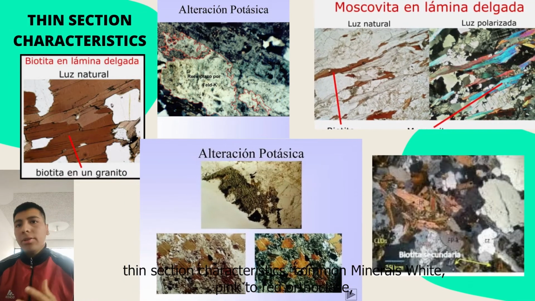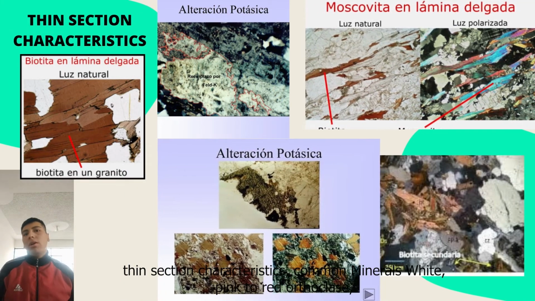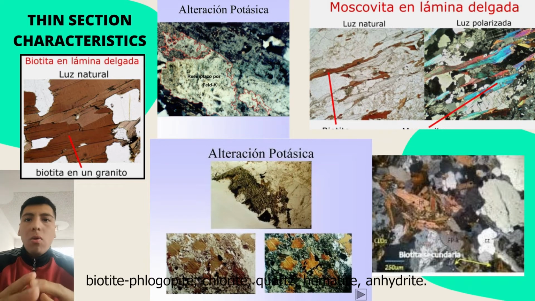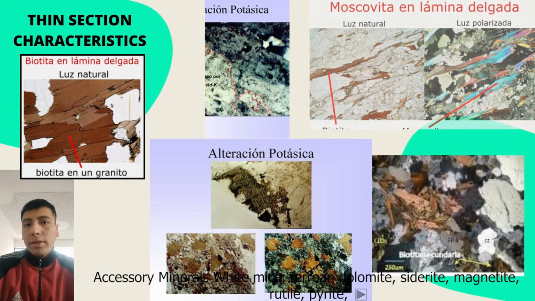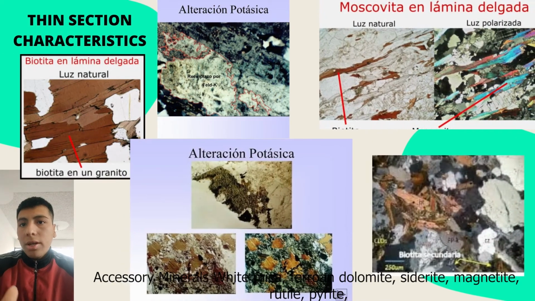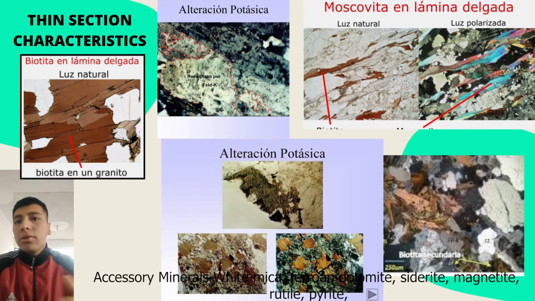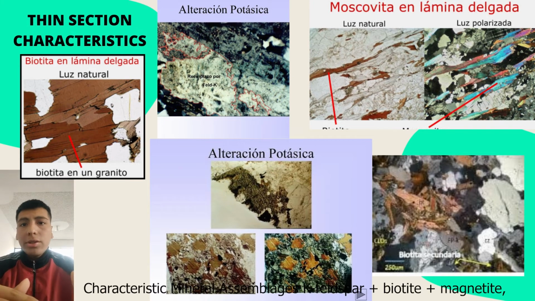Texture characteristics, core mineral: white, orthoclase, microcline, brown and green biotite, chlorite, quartz, anhydrite. Oxide minerals: hematite, ferron and dolomite, siderite, magnetite, rutile, pyrite, chalcopyrite, and molybdenum. Characteristic mineral